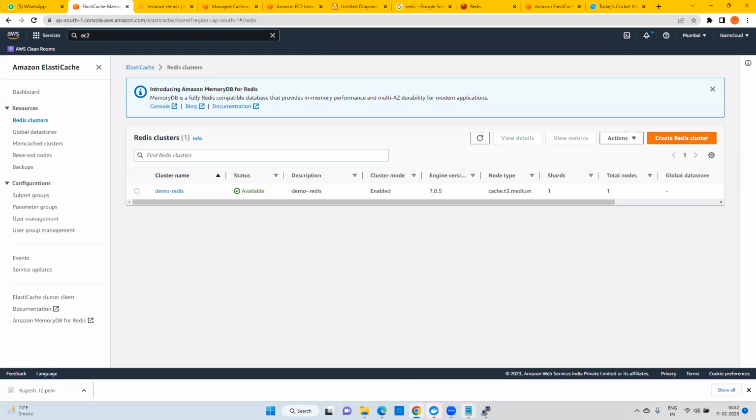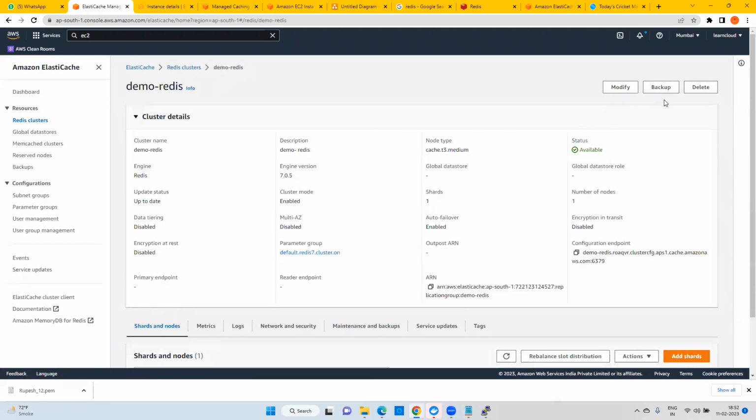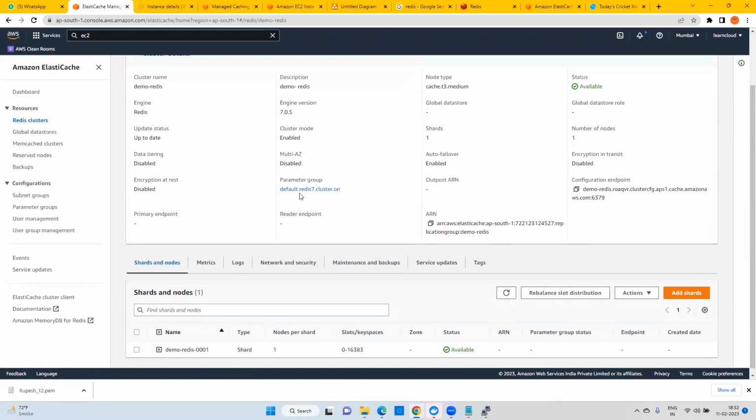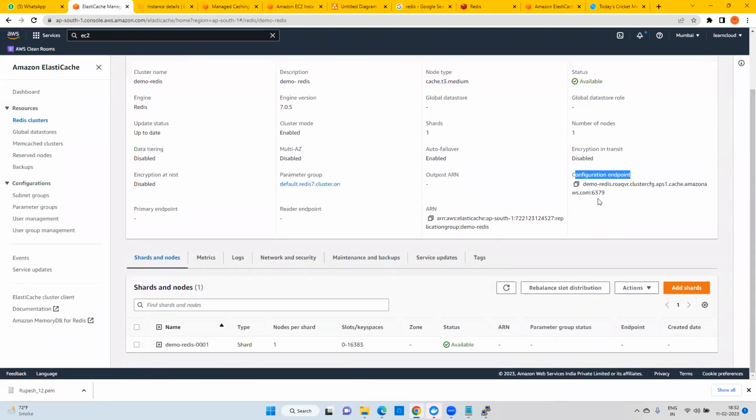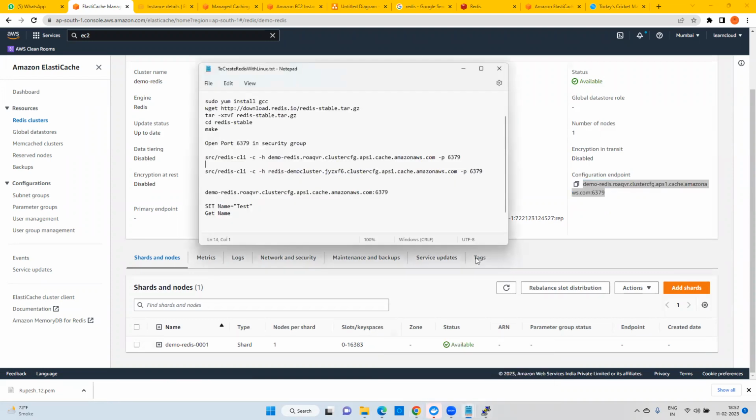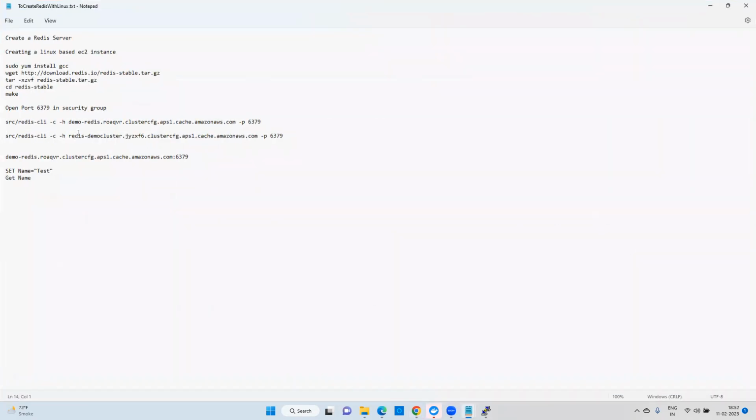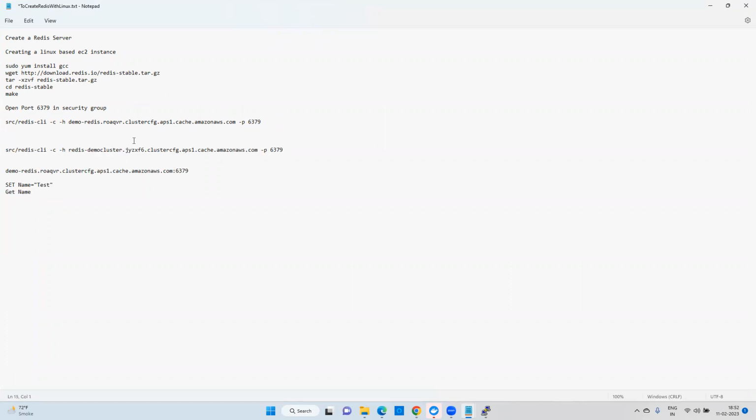And here you have to be focused and go to this cluster name and take a command from here. So this is what it is, the configuration endpoint. This is a command. Copy this, go to the document, and here you need to say, and this is a command. In the last, you need to add -p space 6379, and in the beginning you have to add this, copy this space